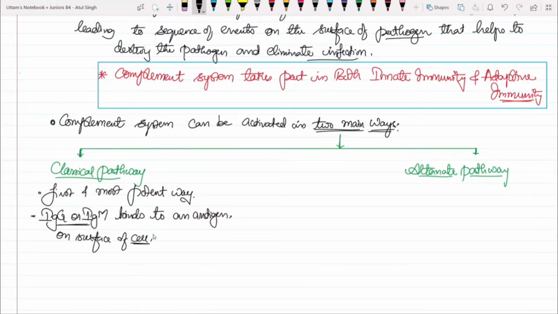Okay. Next, this exposes the FC region. It exposes the FC, fragment of crystallization. In antibody, it will be there. We will see this when we talk about antibody, right? FC region of antibody. Okay, such that